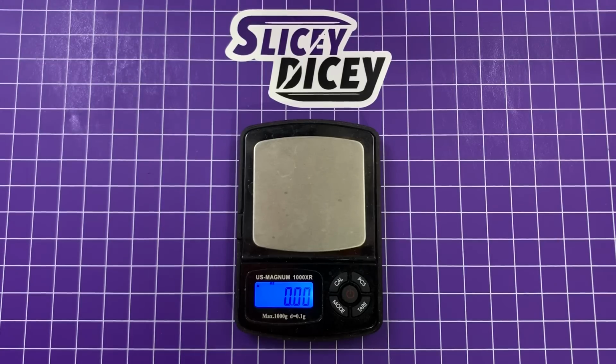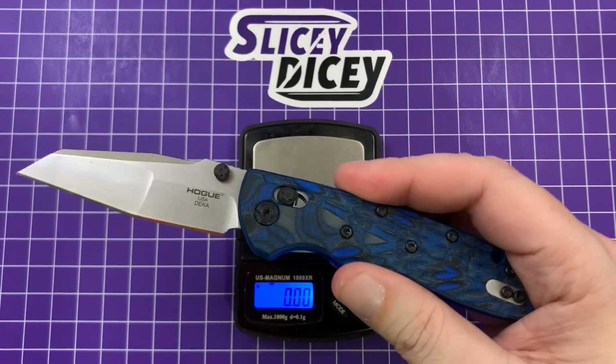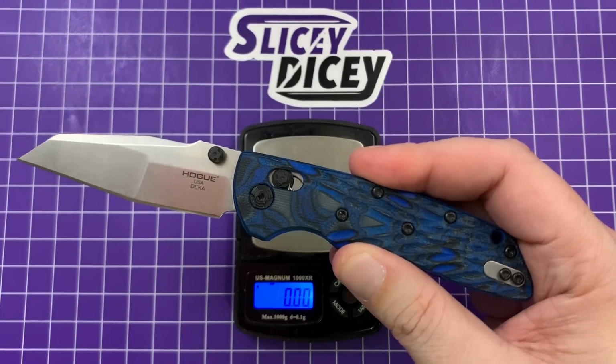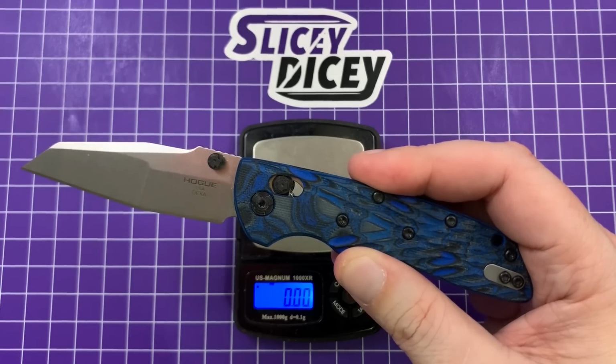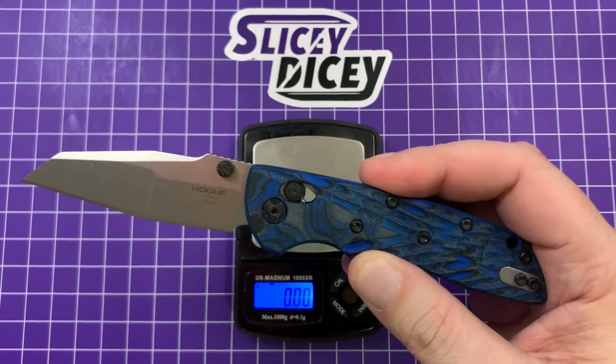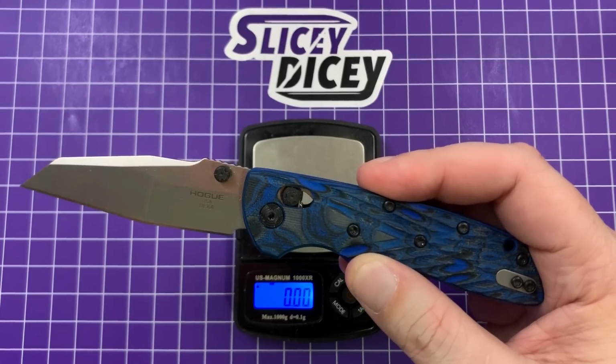We have, I'm going to apologize for using this scale. It is pretty small, but it is by far the most accurate one that I have, and I think you guys will still be able to see it. We have the Hogue DECA. This is the modified Wharncliffe version, and I will tell you right away, when I put it on this scale, it is not going to be sub 2.5. It's going to be barely over, but the regular clip point version that most people get is barely sub 2.5